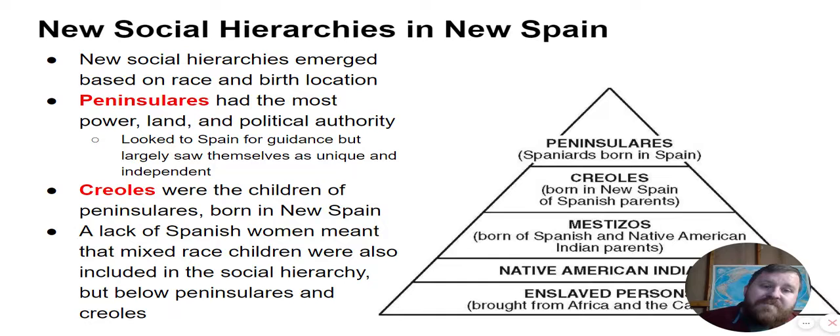But the Creoles were born in New Spain of Spanish parents. Now, why would they care where you were born? Well, if you were born in Spain, maybe you were seen as more civilized than if you were born in the New World. But also, it's important to know that if you were born in New Spain, whether you had